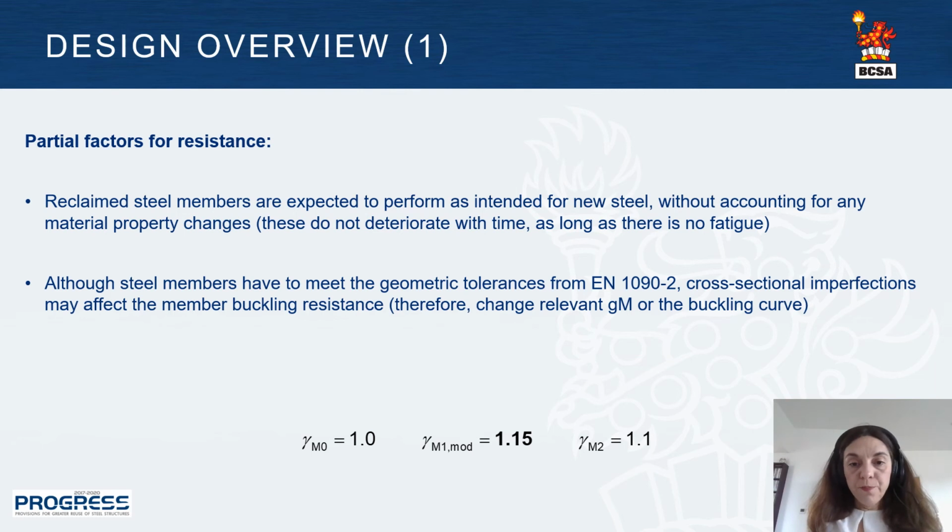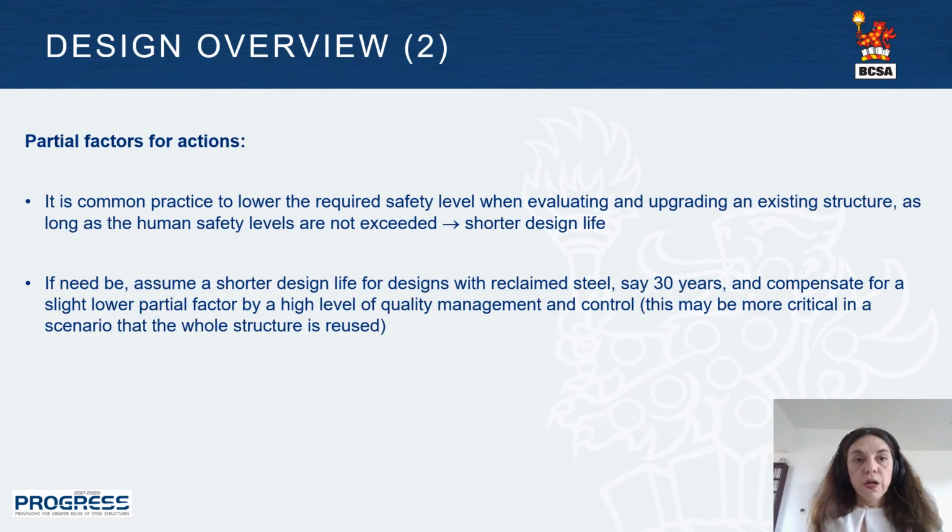For buckling, however, we have derived, following a reliability analysis, and these details can be found in the paper, a proposed increase to the gamma M1 for stability calculations, an increase of 15% to the value originally proposed in Eurocode 3. As I said, the details of this derivation can be found in the paper. For actions, we have two possibilities here. Either you carry out business as usual, or you can